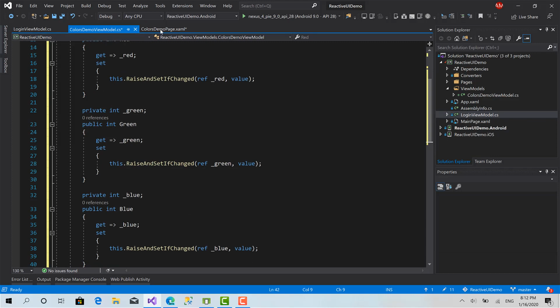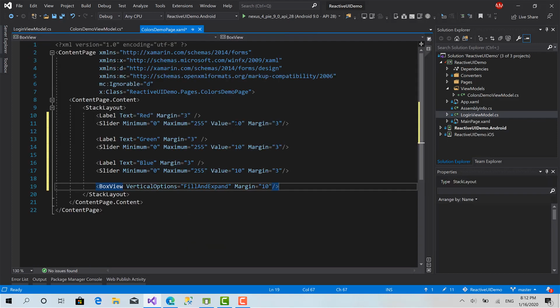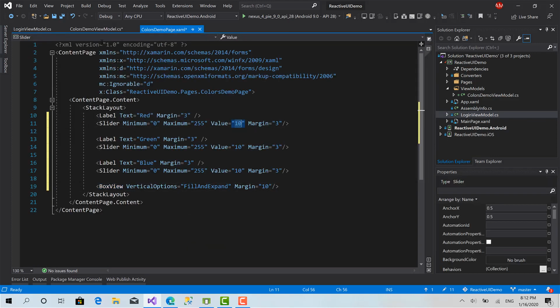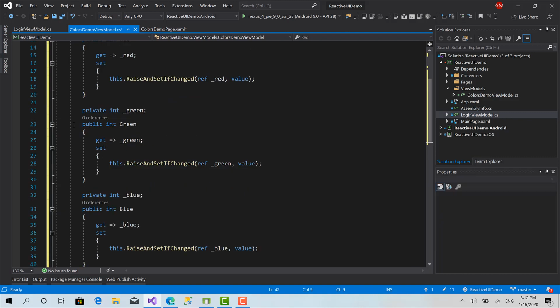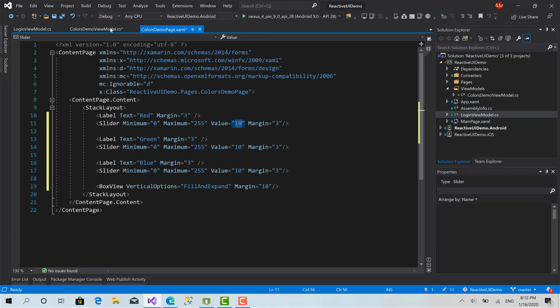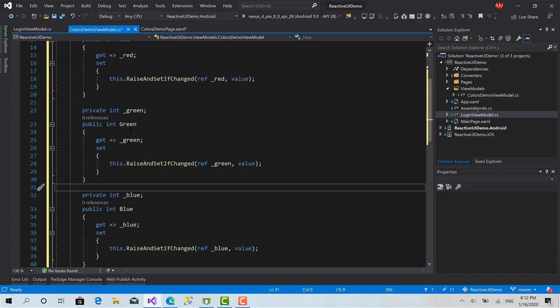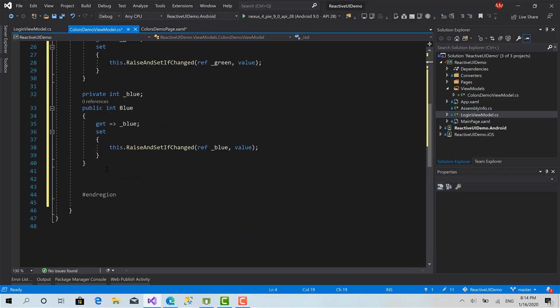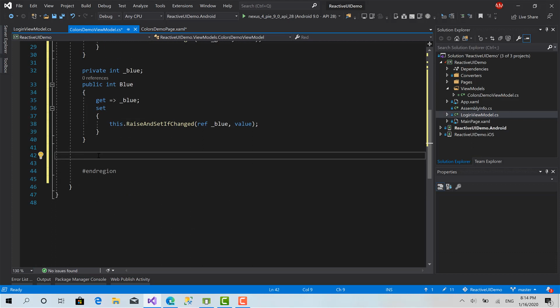Now in the UI we can bind the value of each slider to these properties as a two-way data binding. When I change the value of the slider, this property gets affected, and vice versa. Now, the last property I want to create is the color property that's going to be generated when any of these properties change. So, it's going to be also a read-only property,